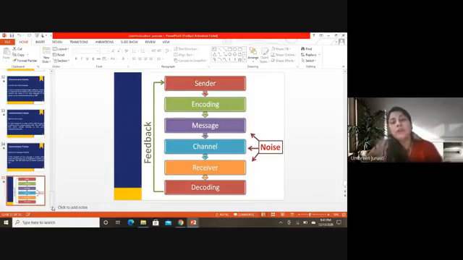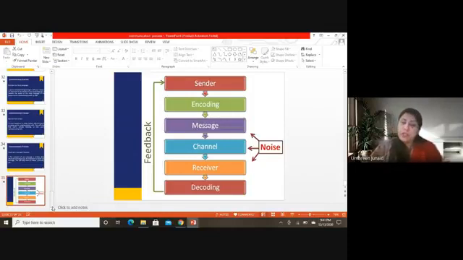So to have a look again at the communication process, the sender who sends the message selects the best way to encode his or her message. Then the message passes through a channel and is received by the receiver, and then the receiver decodes the message. During this process, when the message is sent and the channel is selected, there is noise in between, and there can be some sort of noise that can sometimes distort the message to some extent and sometimes to a major extent.